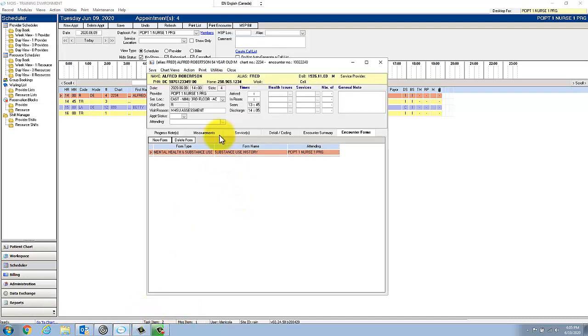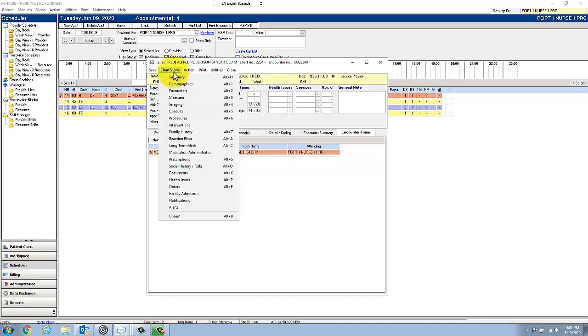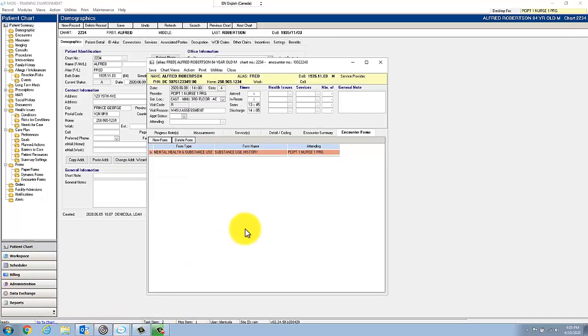Okay. Action if we need to do a referral, or if we want to send a task or message. Chart views if we want to go directly into the chart. So maybe I need to check some demographics. So now I have that chart open. My encounter window is still open. It's simply moved to the back of my screen. So I can go to my bottom toolbar, click on my MOIS icon, and see that I have that still